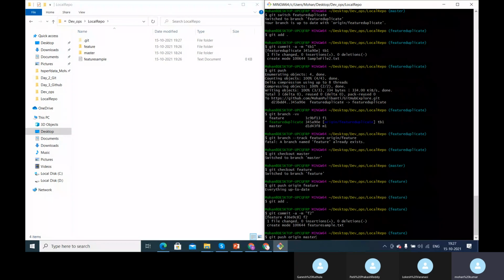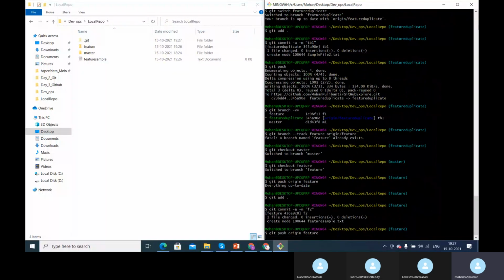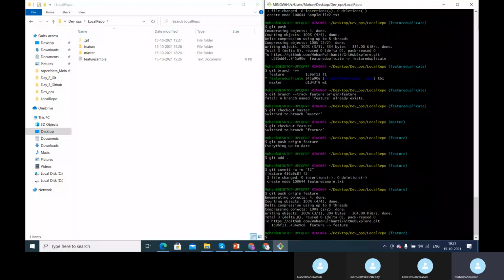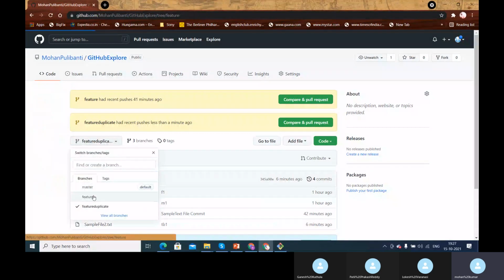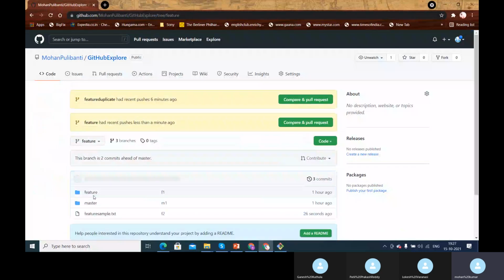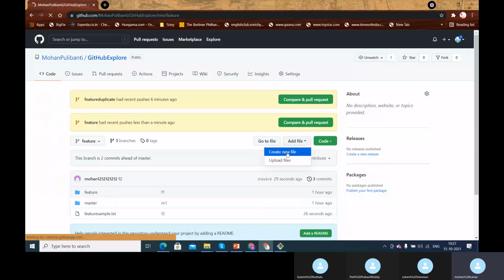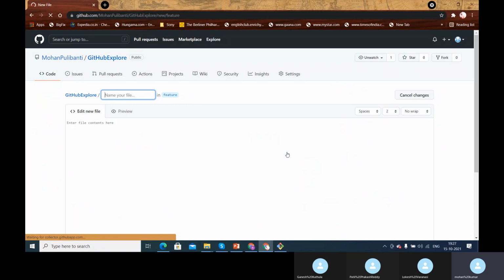So I committed this. Now git push origin master. Origin, it's like a feature branch, right? We want to push this to the feature branch. Once I execute this, it is actually pushing this. Going back here and looking at the feature branch, we were able to push directly using that origin master, so that is pushed here. Now let's say I add a file in the local repository, a new file in the feature branch. We successfully pushed to the remote repository, the feature duplicate, from the local to the remote.